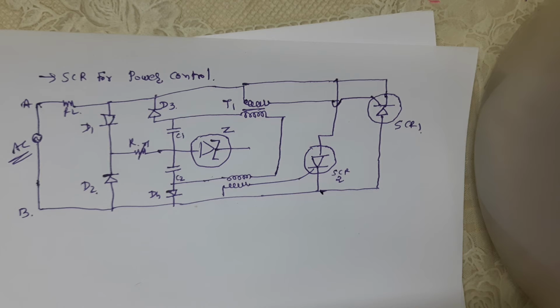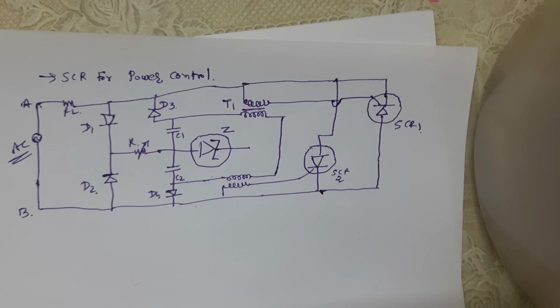The second application: it is often necessary to control the power delivered to some load, such as the heating element of the furnace. Series resistance or potentiometers cannot be used because they waste power in high power circuits. Under such conditions, silicon controlled rectifiers are used, which are capable of adjusting the transmitted power with little waste. This figure shows a common circuit for controlling power in the load RL.